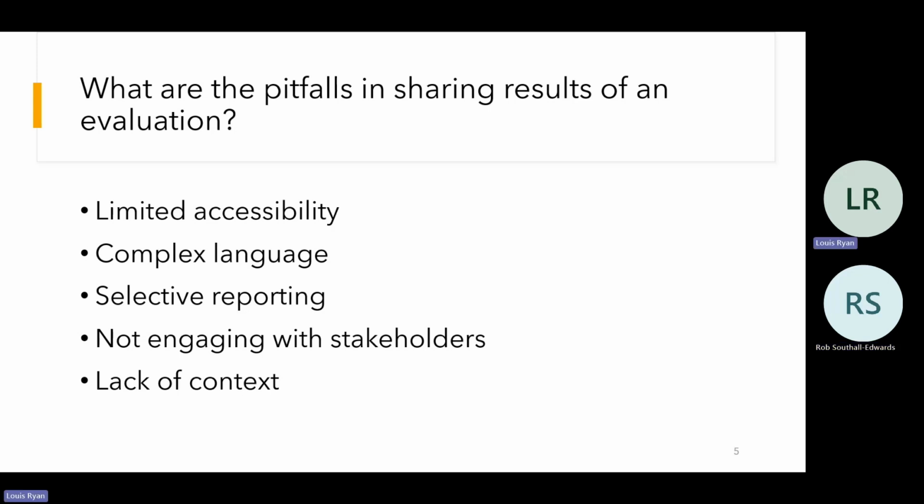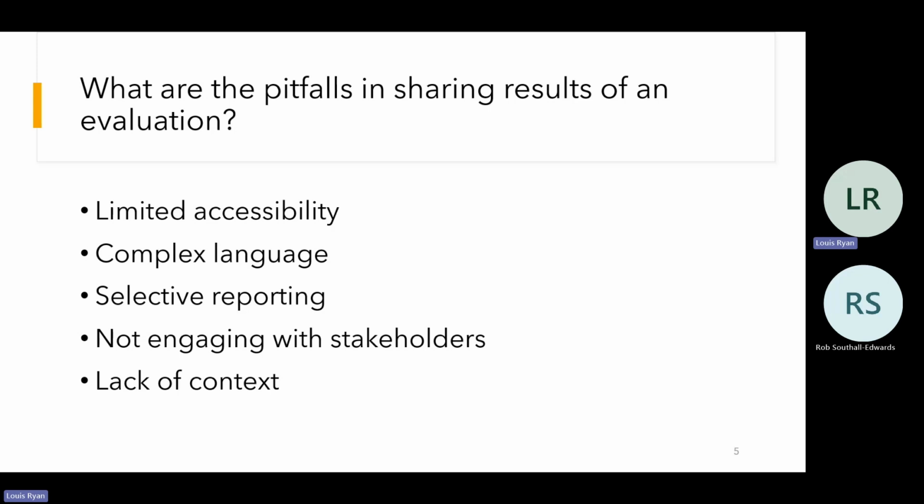Yeah, it's definitely a key one in terms of engaging not just the key funders or strategic decision makers in commissioning and evaluation, but some of the key stakeholders, whether they're participants or delivery partners. What terminology do they use? Can we align it with that? Is there a case where lots of different partners use different terminology for the same thing? Is that something that could come up within the evaluation as well?